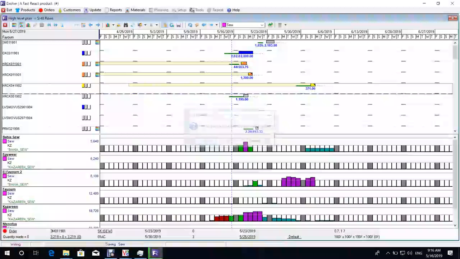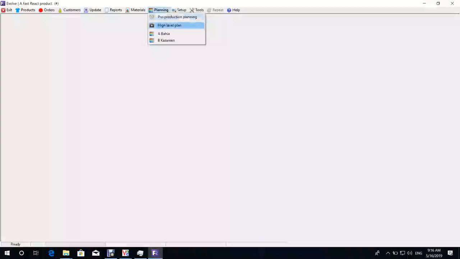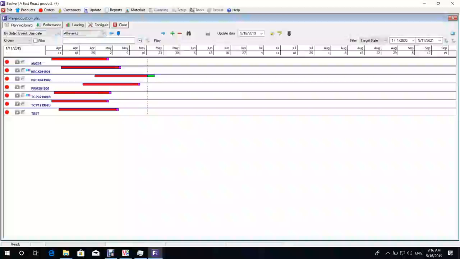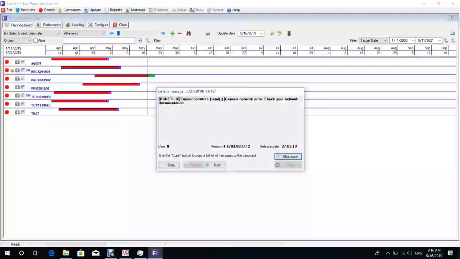Yeah. So this is what we call our pre-production planning board. Okay, so kind of similar to the planning board that the planners will use, but this is specifically here for the merchandising and the follow-up teams. Okay, so what we have down the left-hand side are our order codes. Here we have a few examples for TCP, Promodor, Hard Rock Cafe. And then these bars here, if I double click on one of them,